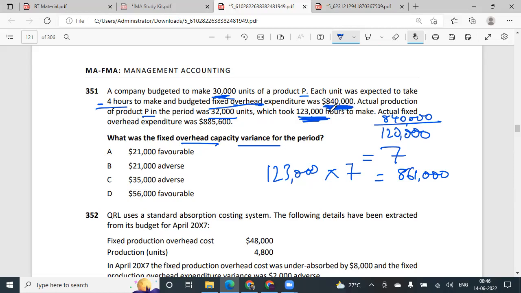Okay, 840. सॉरी देयर राइट, 840। क्या है डिफरेंस दोनों में? 861 माइनस 840, 21,000। अब ये 21,000 तो कंफर्म है ही, अगर हम ऑप्शंस भी देख लें तो 21,000 तो है ही। अब वो फेवरेबल है या अनफेवरेबल टेल मी।